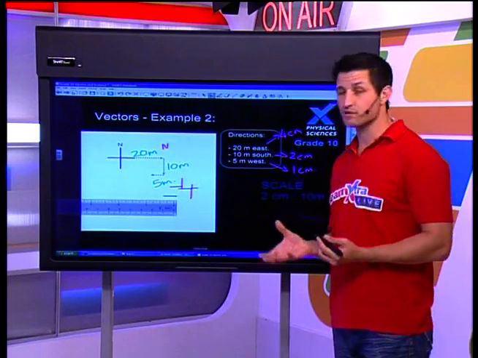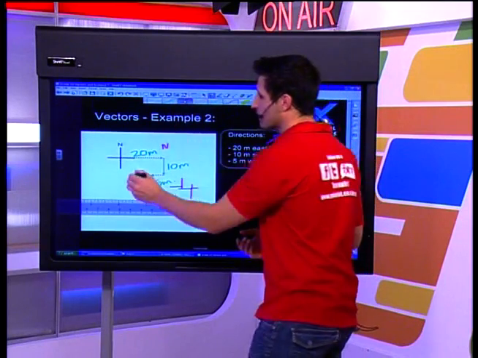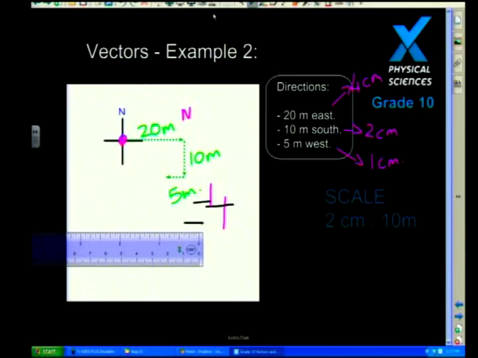So what do I do to find my end displacement? Well, I've got to take a look at my diagram and realize where I started and where I finished. So from start to finish is all that displacement actually cares about. All of these distances told me about my directions and the total distance traveled. We can actually add up, and I'm going to show you the difference between my displacement and my distance.